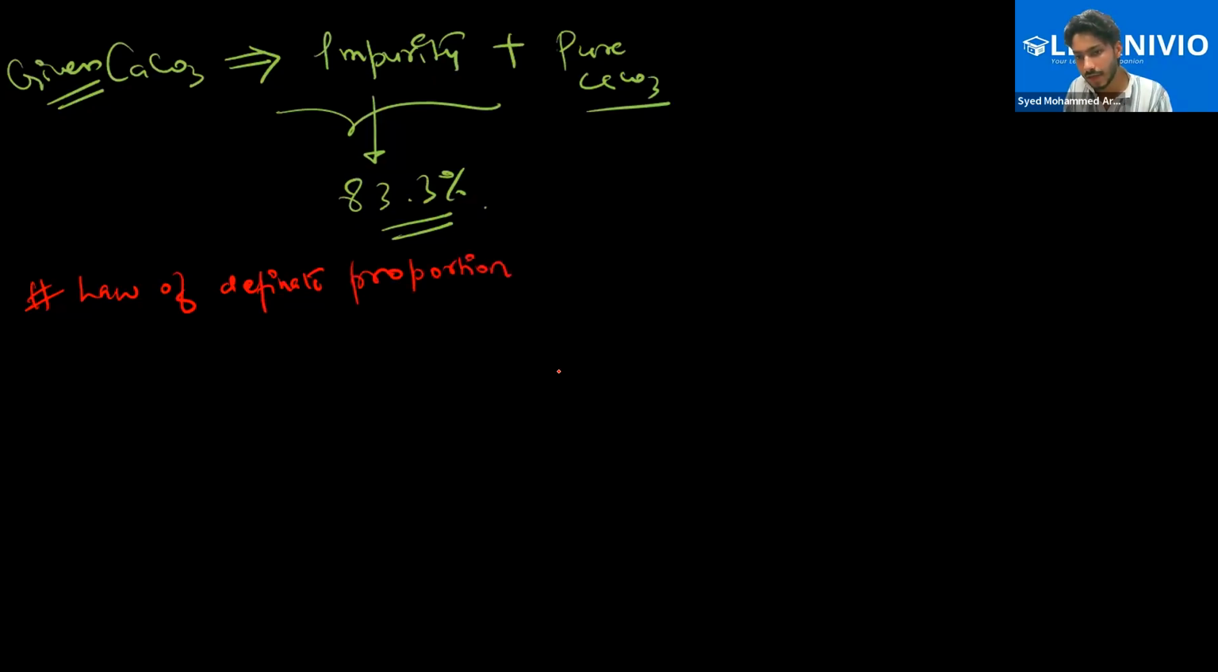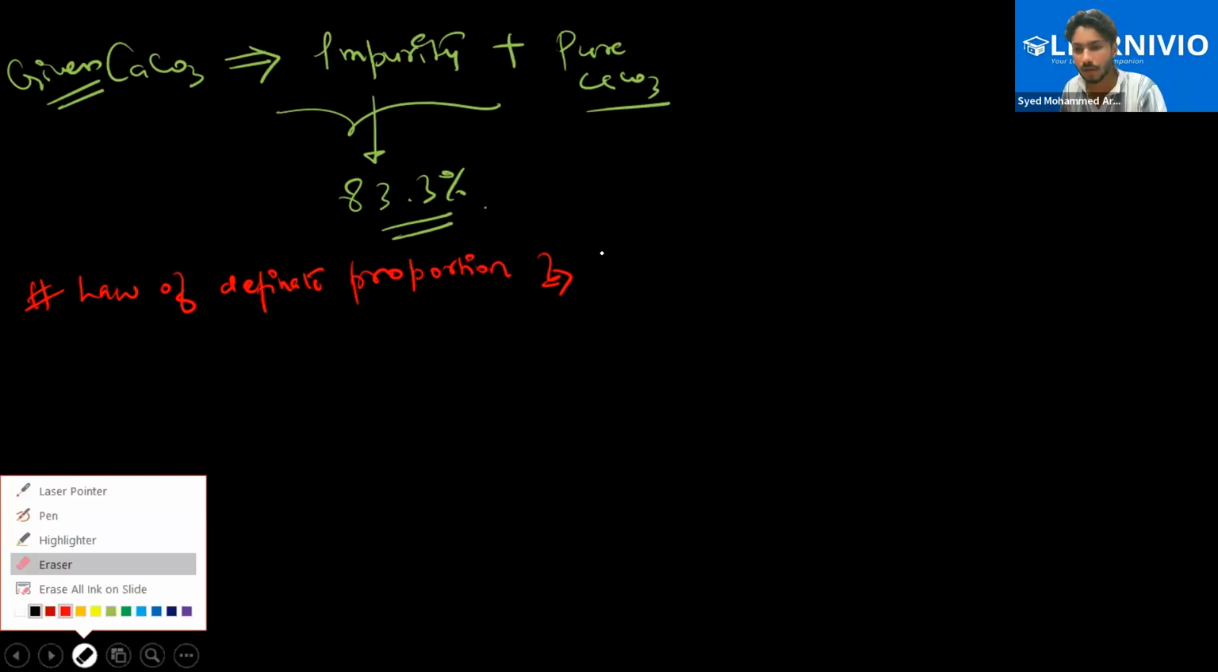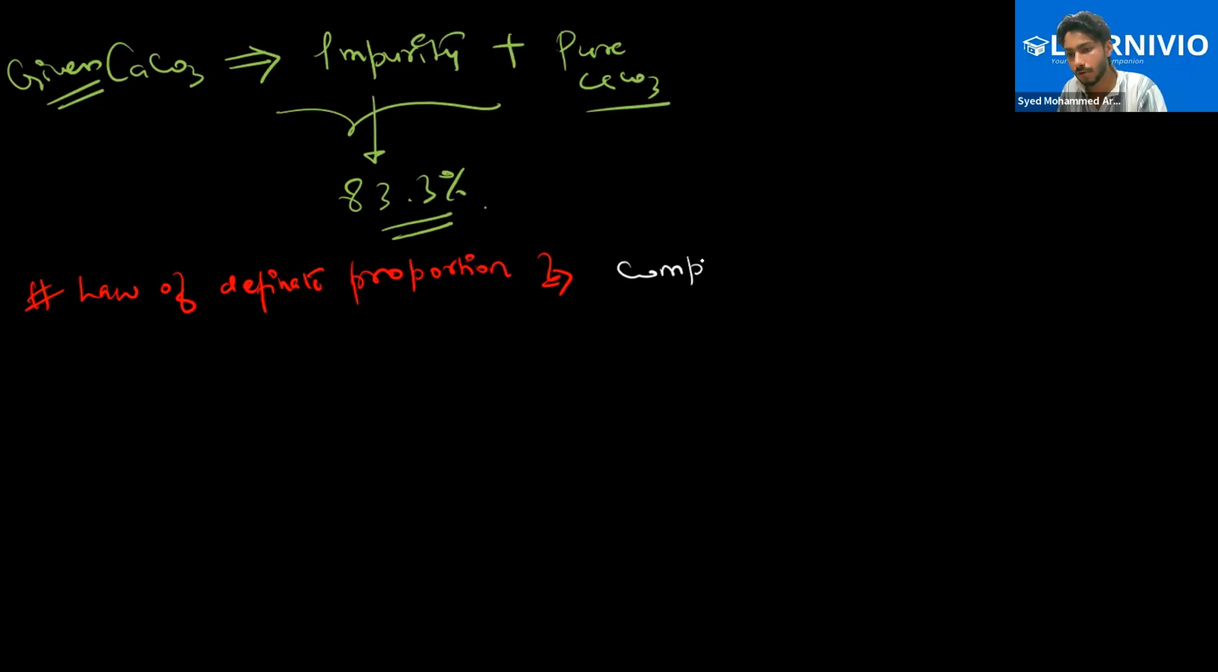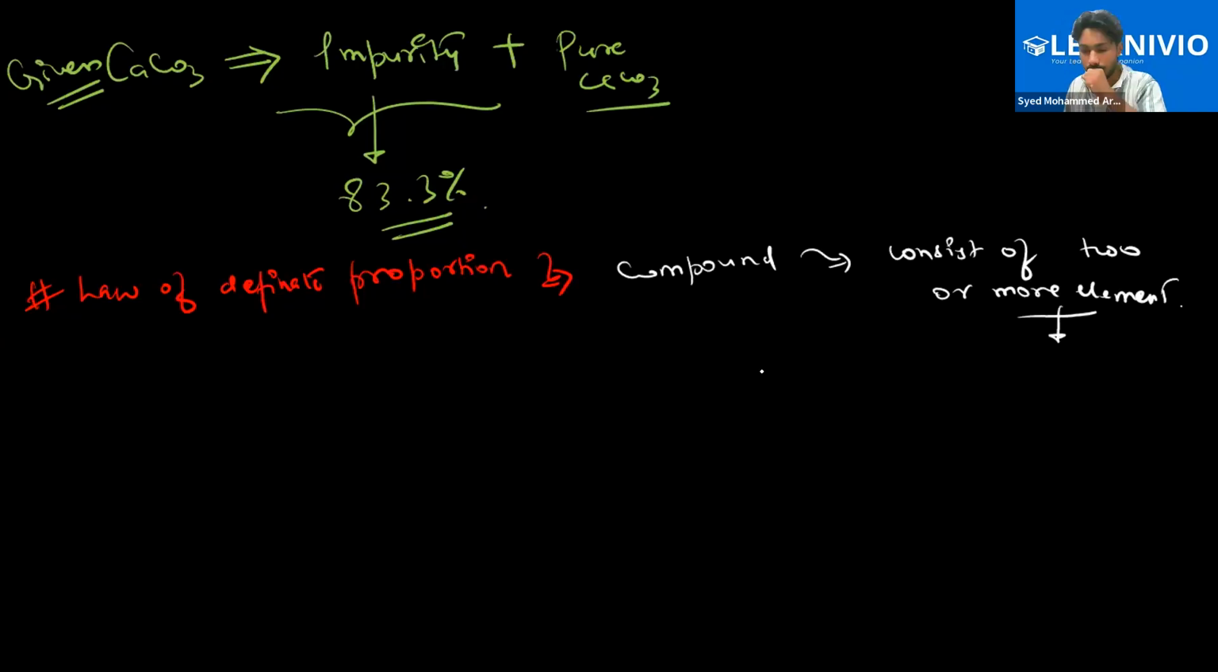The law of definite proportion says that I'm having a compound which consists of two or more elements. So from anywhere, any place all over the universe,